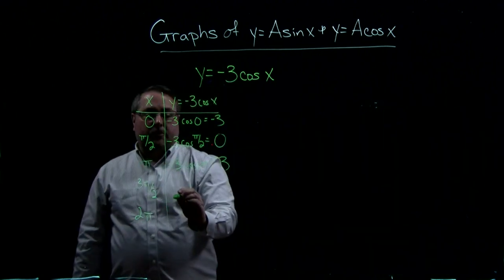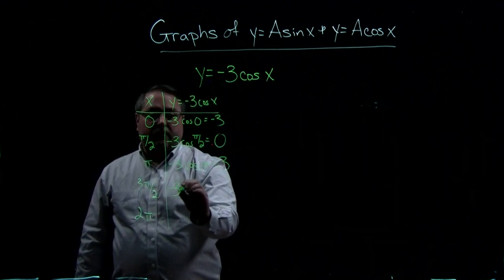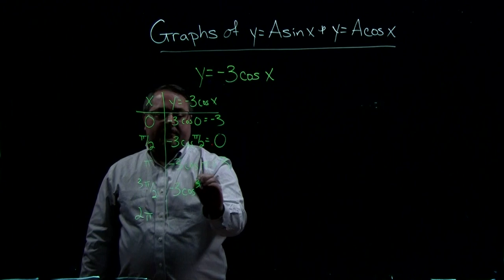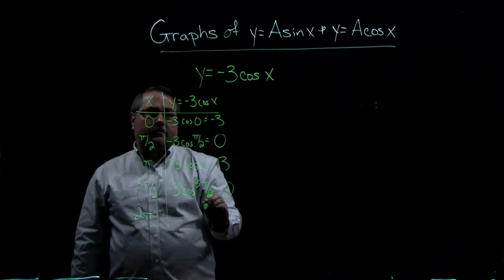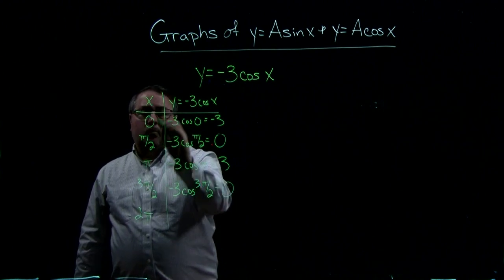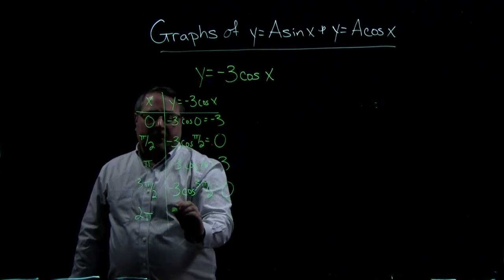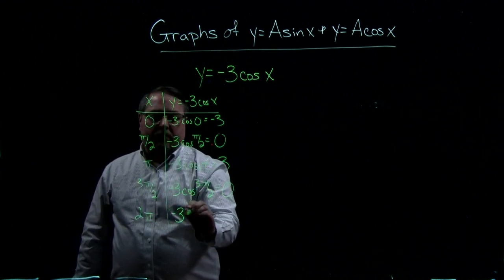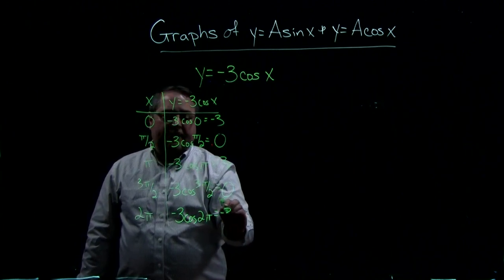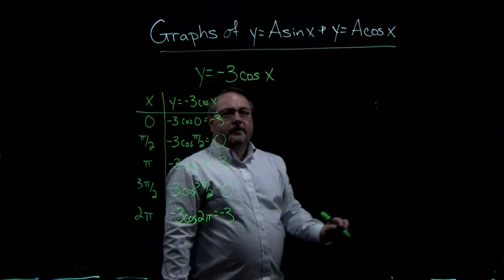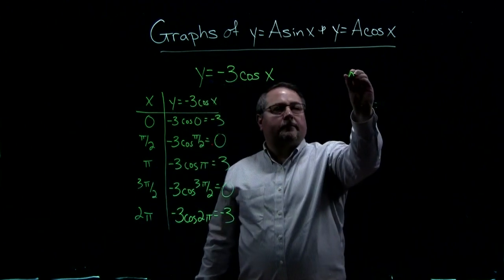When x is 3 pi over 2, y is going to be negative 3 times the cosine of 3 pi over 2, which is 0. When x is 2 pi, we're going to be back where we started. Y is going to be negative 3 times the cosine of 2 pi, which is negative 3. So if we look at our graph,